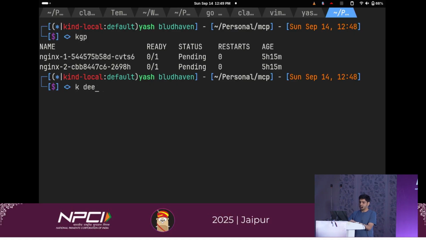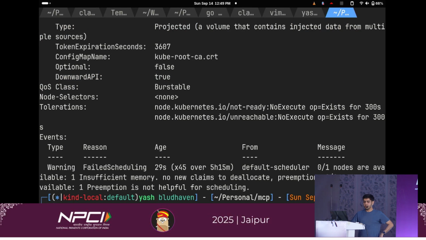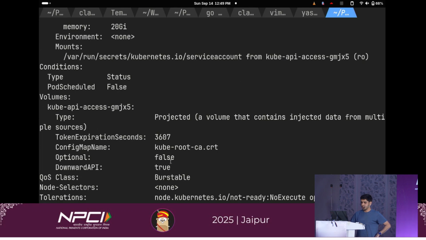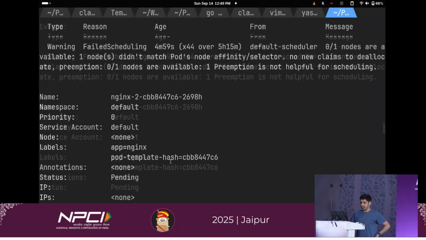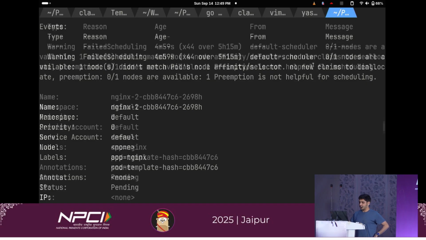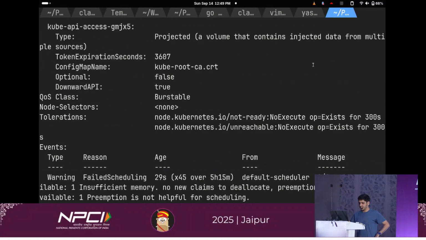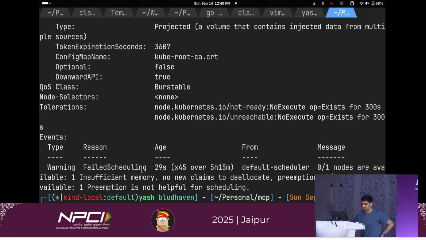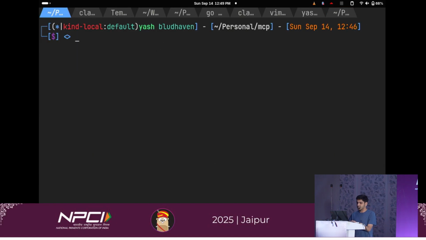I just know that I can write describe and it will tell me some things. So one thing that it is telling me is did not match some node affinity selector, so it cannot schedule. And the other is telling me insufficient memory, but I do not know what any of this means.